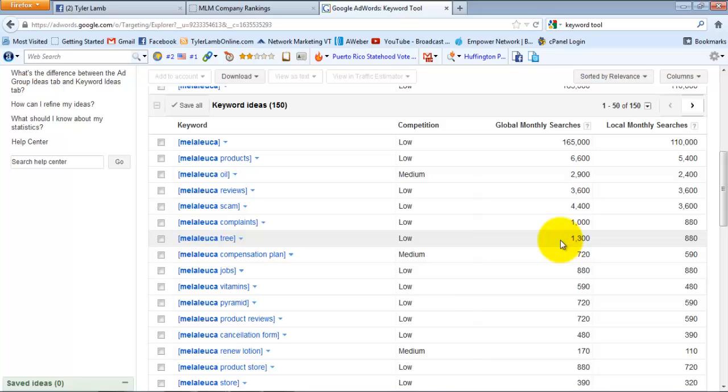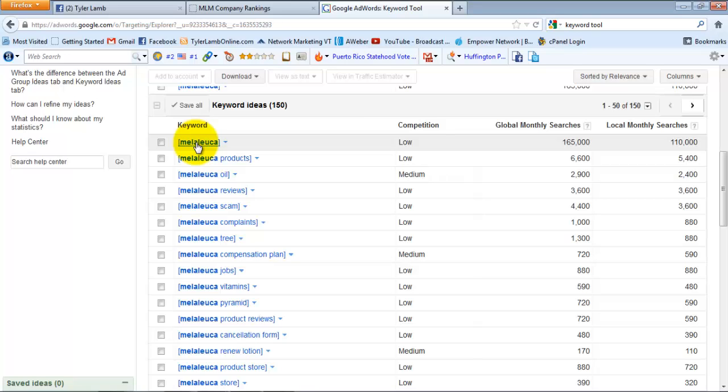Maybe you might want to try to go with something that's got a little bit more here. Now, the reason we don't want to go for this right here, yes, that's a lot of monthly searches, and yes, it says low competition. But what that's telling me is the chances of you getting in the top spot of Google for this word is probably slim. The reason being, even though it says the competition is low, you see all these other keywords